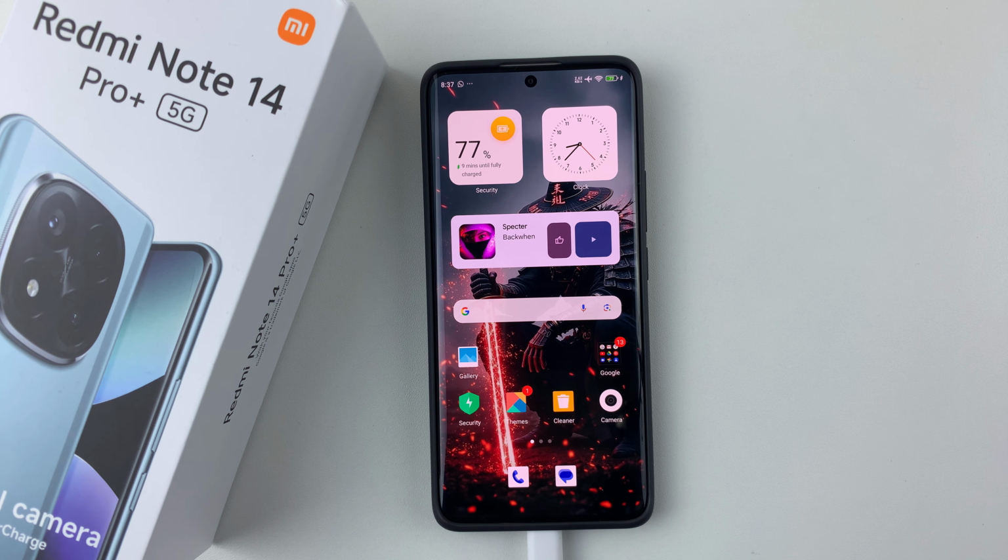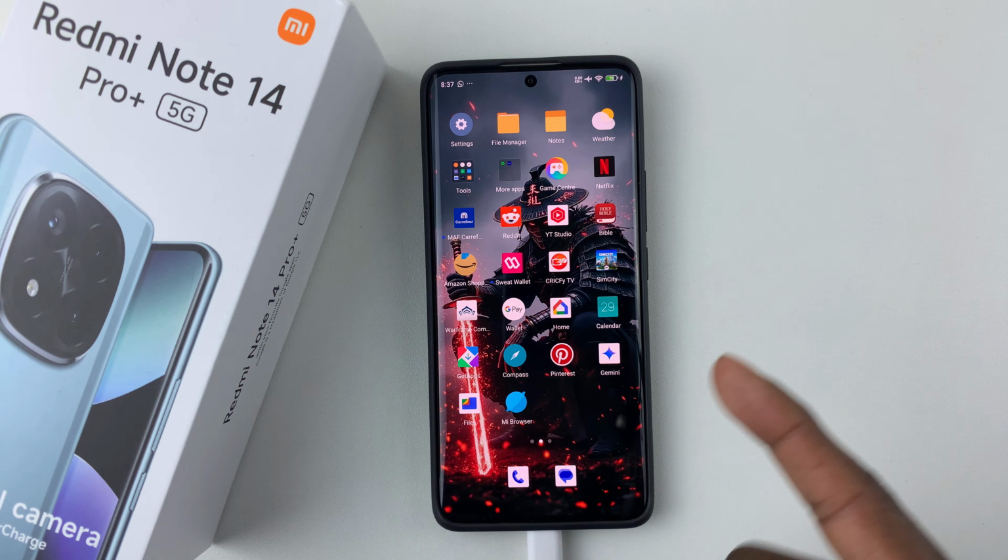Welcome back. In this video, I'll show you how to enable the 60Hz refresh rate on your Redmi Note 14. So I'm using the Redmi Note 14 Pro Plus, but the same steps should apply for the other Redmi Note 14 phones. So open settings,